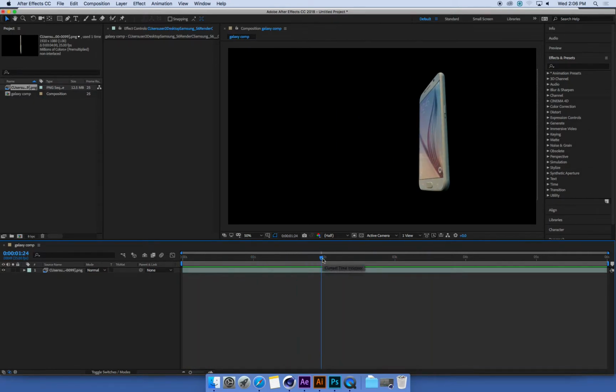So as I said before, the important thing about this is the render out of the 3D program, out of Cinema 4D, was just a phone sitting in space rotating. So if you have a good plan of what you want to achieve with your finished motion graphics project, that can change how you approach doing the animation in Cinema 4D. In my case, I knew I was going to do all the movement in After Effects, so I didn't need to worry and spend any time trying to set keyframes in Cinema 4D. All I needed to do was a turntable of the phone,